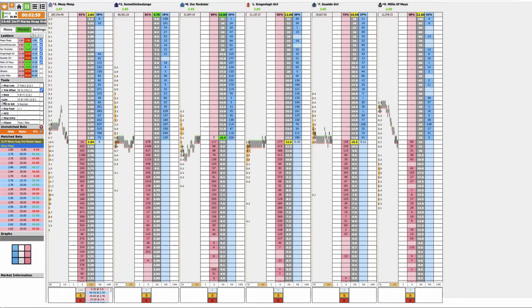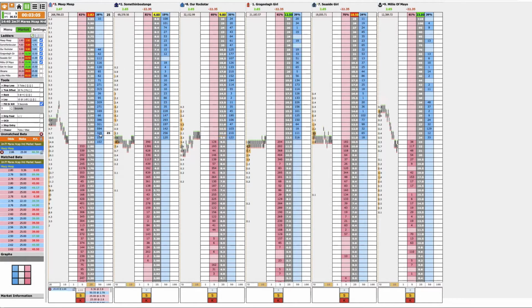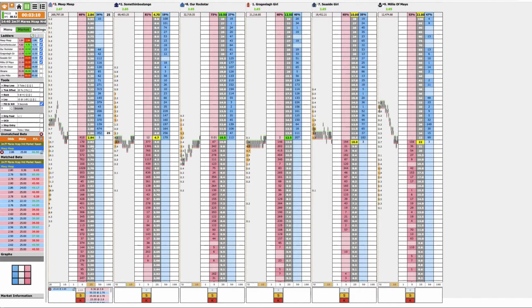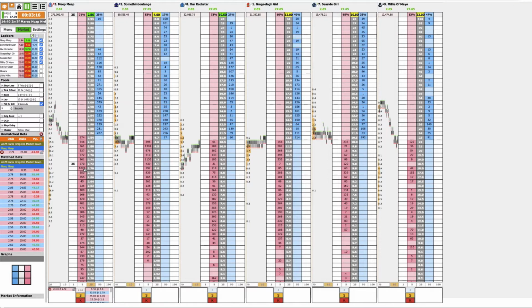So the fill or kill tool does just basically what it says. I'll set it to 5 seconds, tick the tool to activate it, and place a bet. So in theory, if this bet isn't matched in 5 seconds, it should disappear, which it's just done. And it does the same on the lay side. So you're basically giving the market 5 seconds to take your bet, or you're going to take it back out